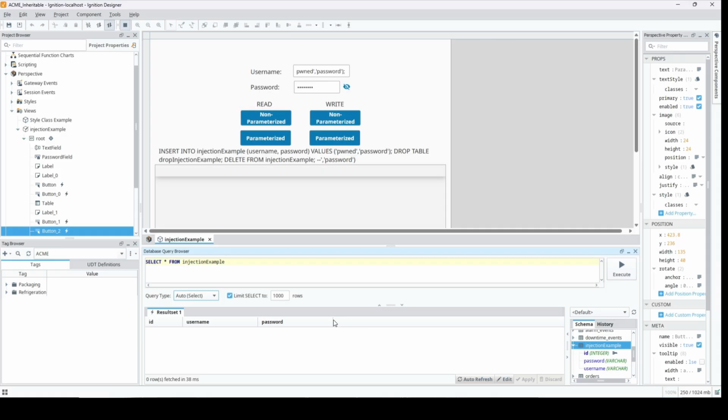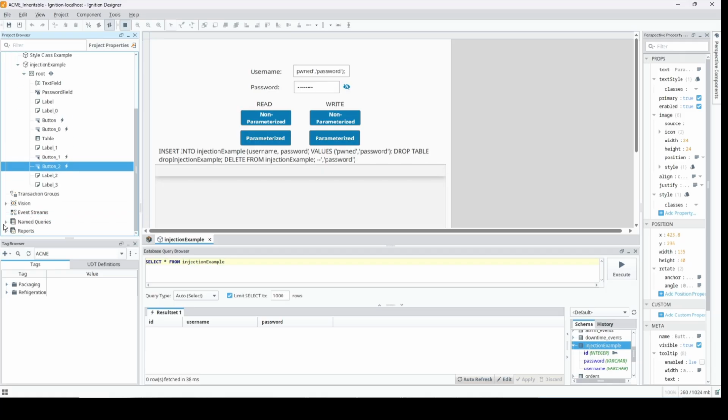So that shows how using non-parameterized queries can really bite you. It may require that somebody knows your database structure a little bit, but that can really bite you if somebody knows what they're doing by just passing in a query that you would not expect. So I would, in general, not use any non-parameterized queries and use prep or prep update if you're in an older version and want to do things in scripting, or use named queries,